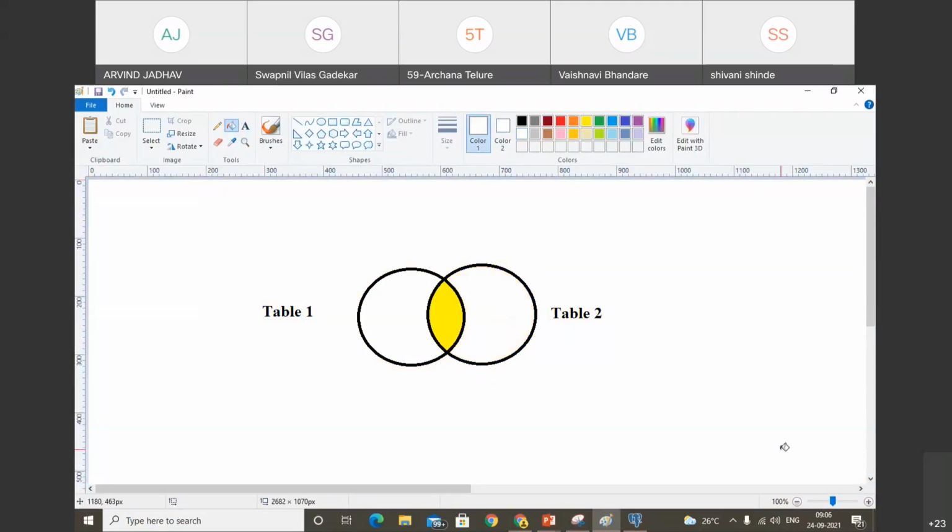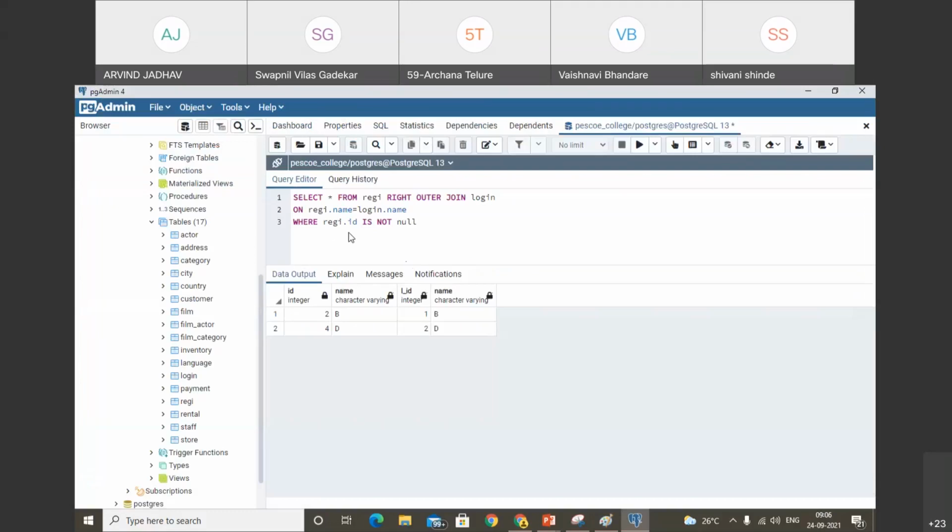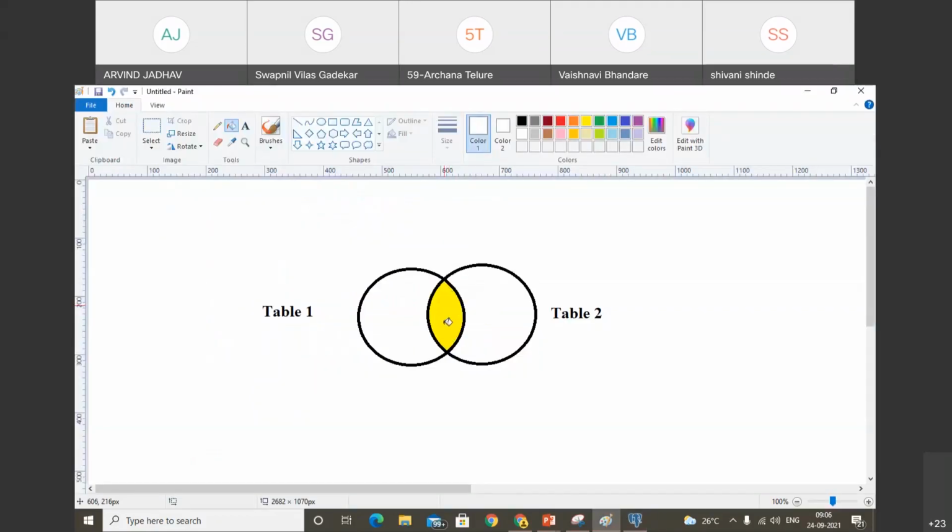When we pass registration ID is not null, that means this attribute जो भी not null है, मतलब null value नहीं दिखाना है. So with not null, we get the actual data. That means we get that data. And when we pass only the null value,